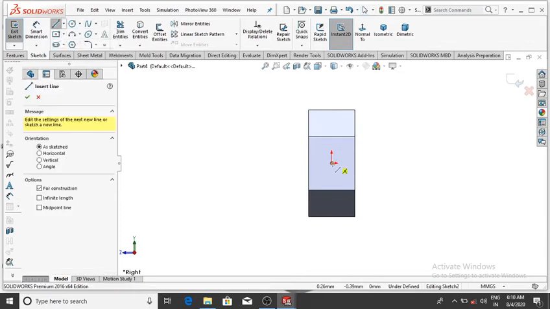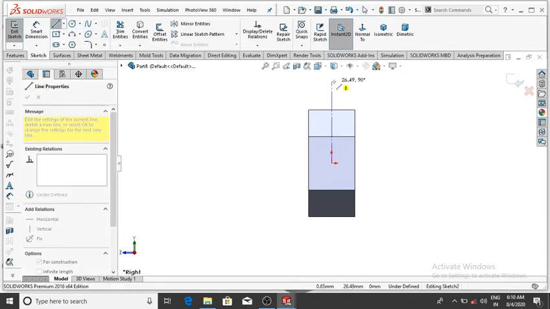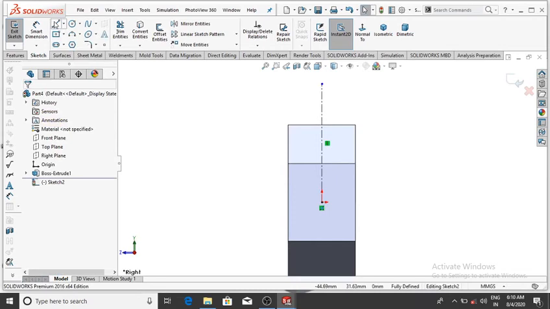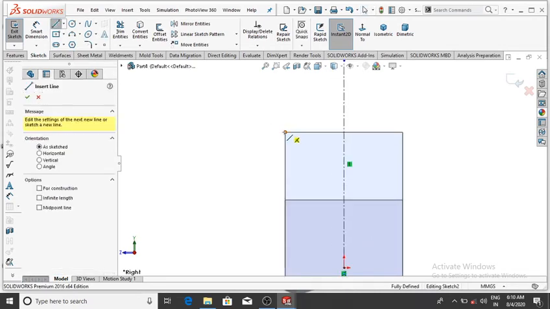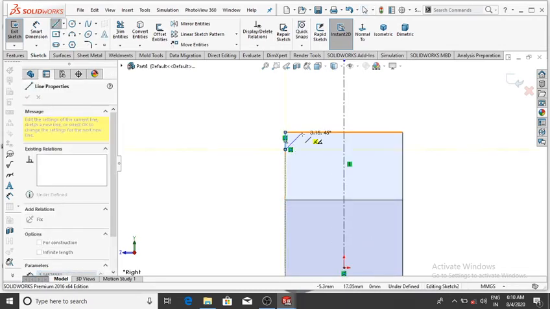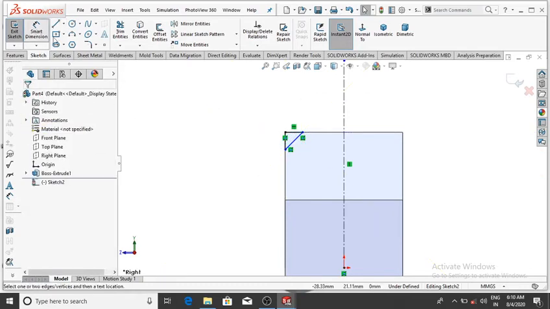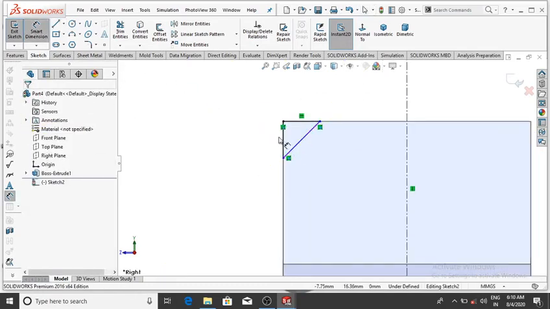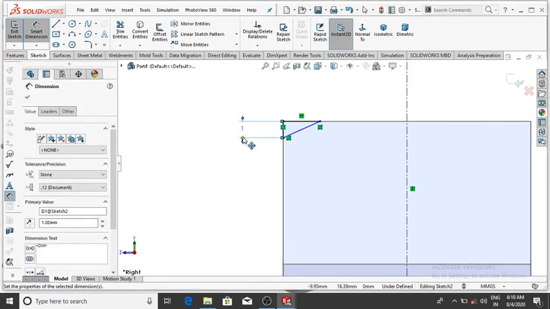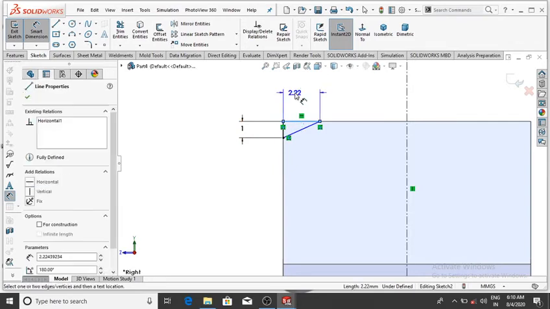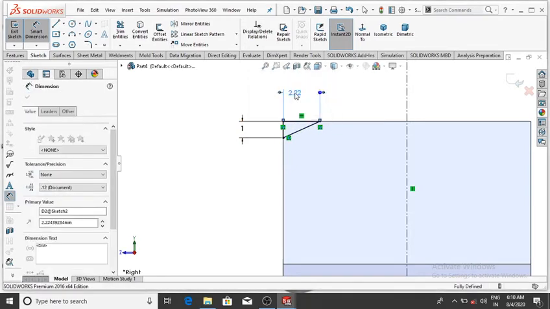So simply select the center line and make the center line up to this, and select the line, select this line to this line, and select this up to this, and now go to the smart dimension, and from this line it will be 1 mm, and again from this line it also be 1 mm.